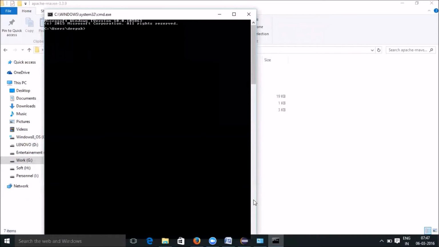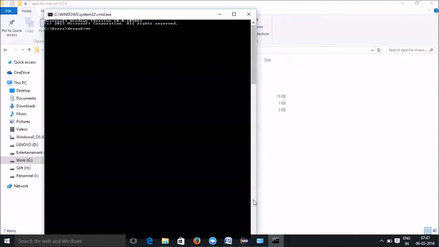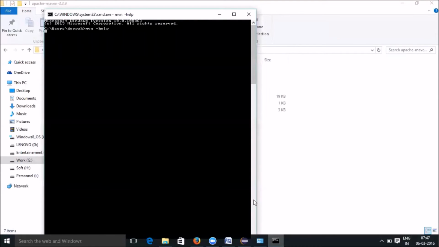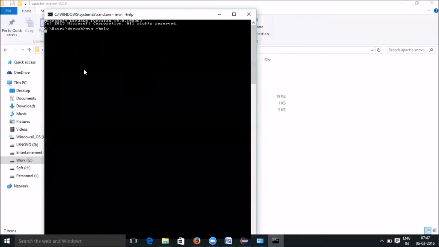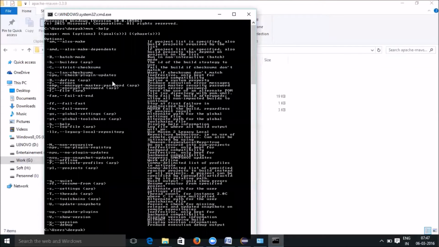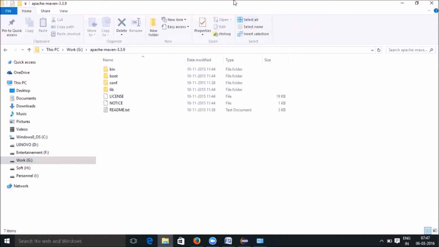Every time you set or modify an environment variable, you have to open a new command prompt and type what you want to type. If it is listing something, that means your Maven is set up correctly. So that's all about installing Maven and setting up Maven environment variables.